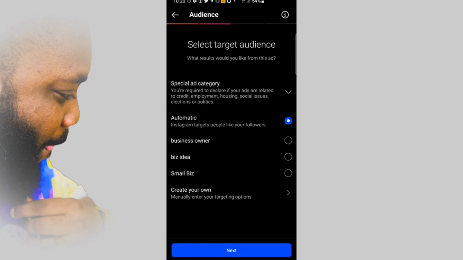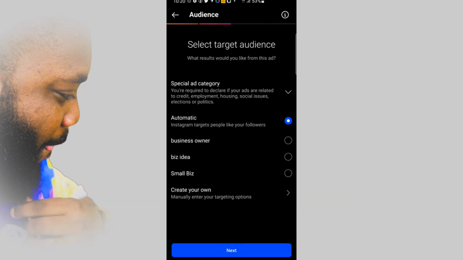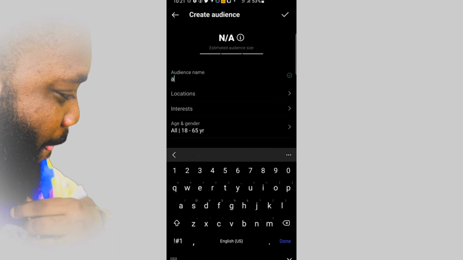You're going to see something like automatic. If you want to target people who are like your existing followers, let's say for instance you have genuine followers, being able to build your profile through organic means, people finding your business and following you, and these people are targeted, you could use automatic targeting, but you can see create your own. So I'm just going to click on that right now, and once I click on that, you are going to give your audience a name. So let me just say audience 1,